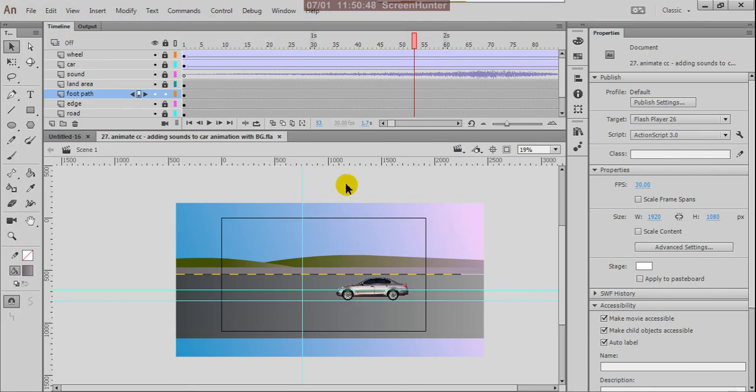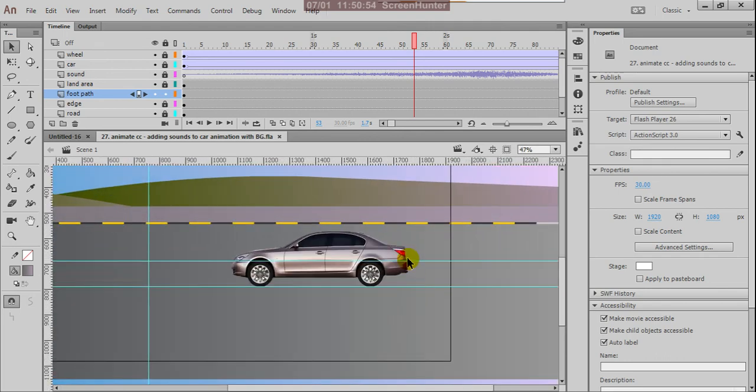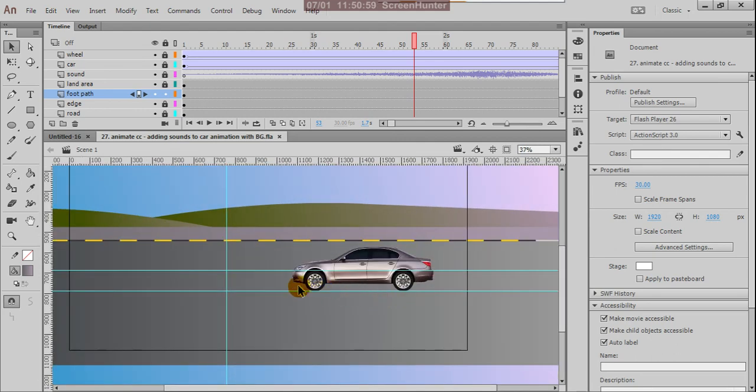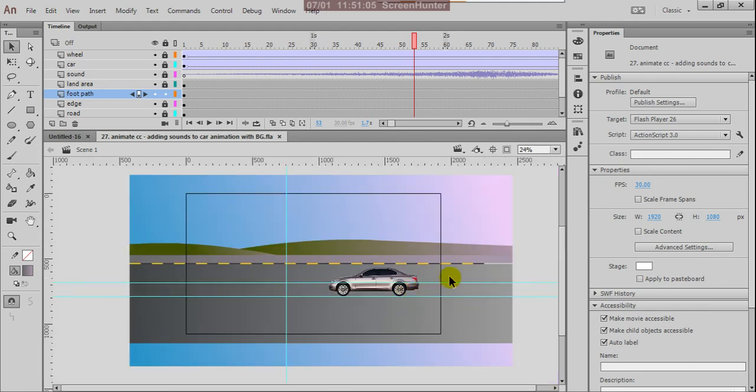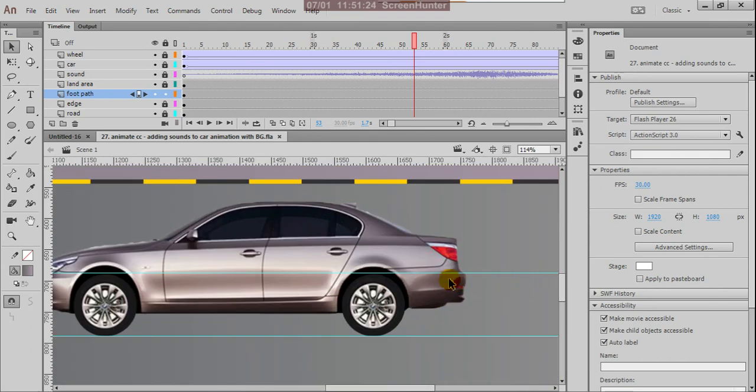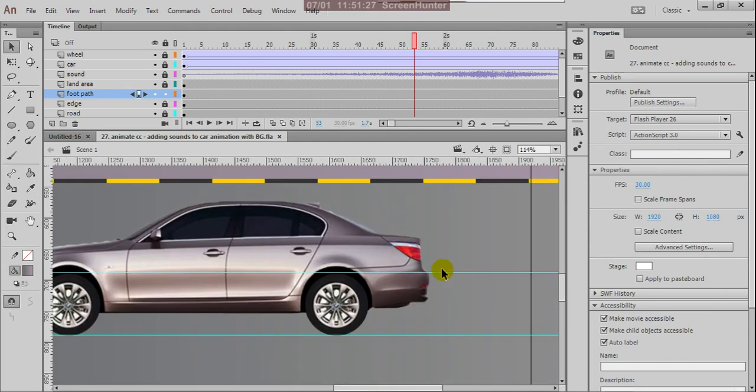In the next class I'll explain how to draw, how to add smoke to the car, and how to add the ground shadow to the main car animation, because your car is moving in this direction. The lighting is from your right side, so your shadow should fall on the opposite side here. Along with the car you have to move your shade also. Okay, so I'll explain how to do that. In the same way, some smoke animation also we can add to the car.